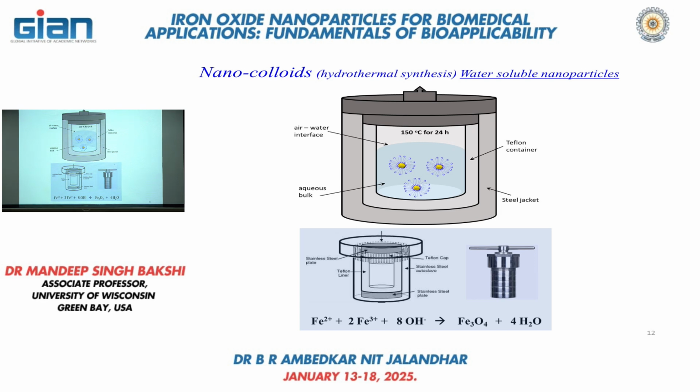When I place it in the oven at 150 degrees centigrade for 24 hours, the iron oxide nanoparticles, which were not of the same shape, structure or size when the reaction was performed at room temperature, but when you perform the reaction in the reaction vessel at elevated temperature and obviously elevated pressure,